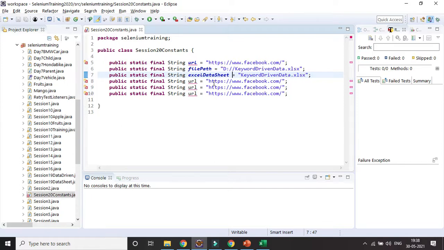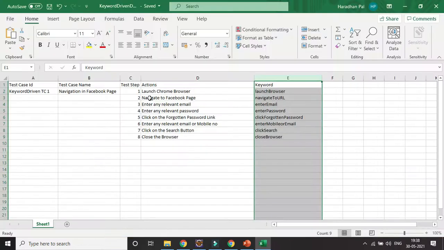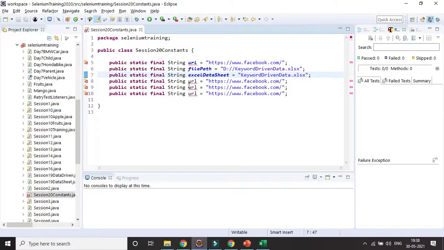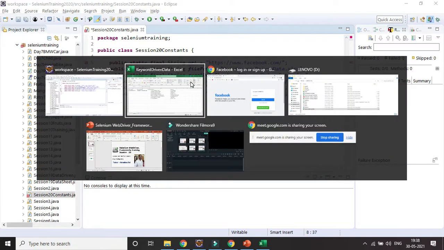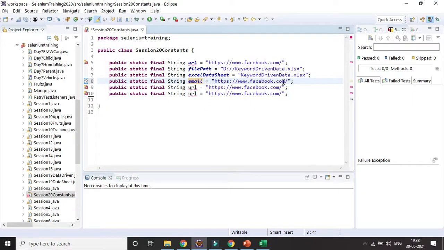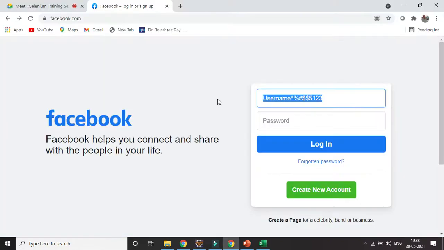And then I'll be giving the username, right? So email or username. I can create another one called email, and add some value, anything I want, maybe username 12345. Similarly for the password, the password field will be there.